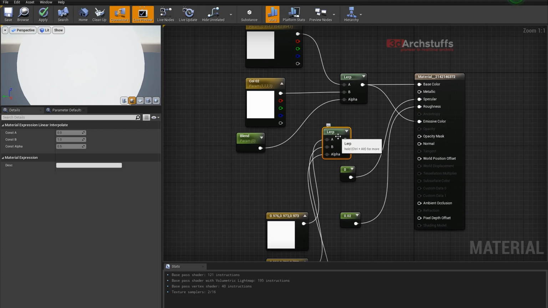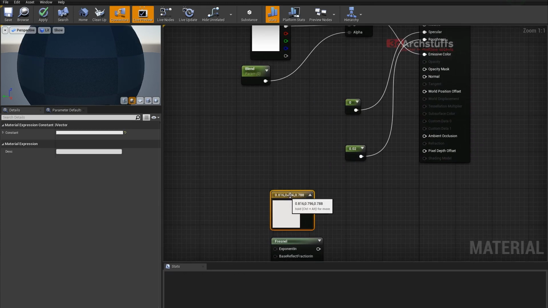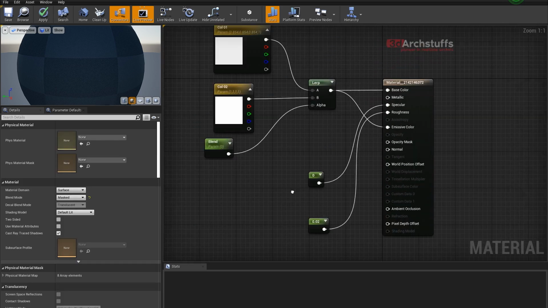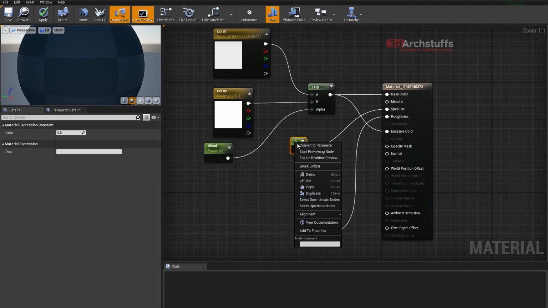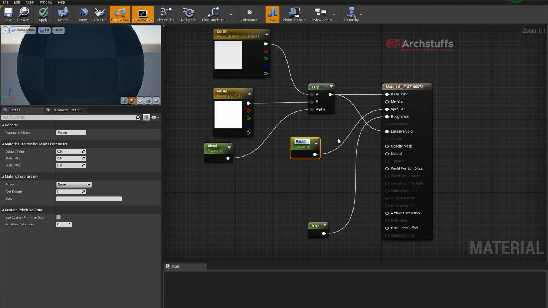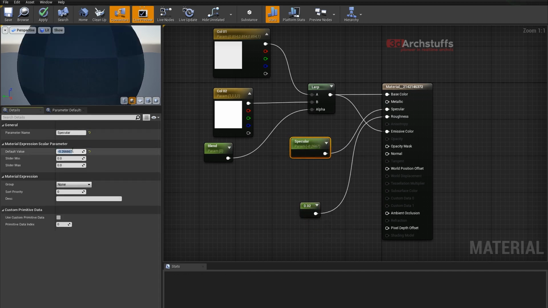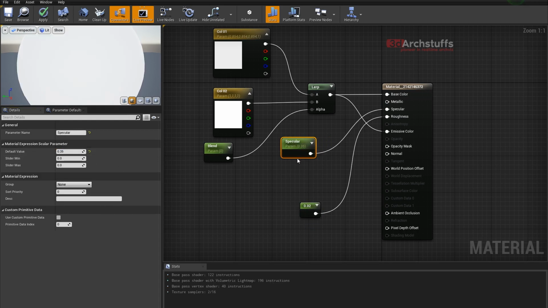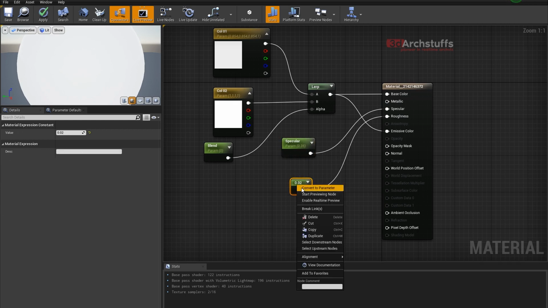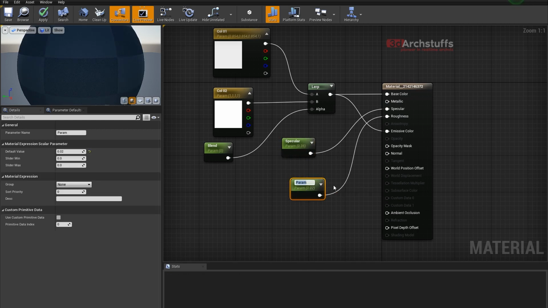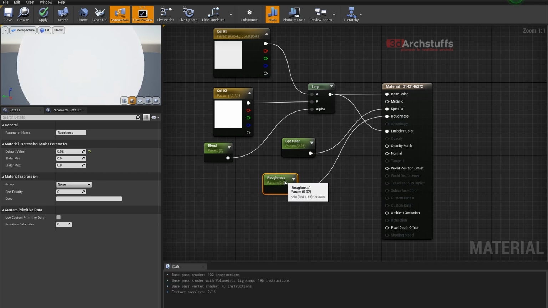And now just delete this also, and then delete this, and then this, and then this. Now we can right click it and convert to specular now, and make its value 0.35 as of now. We can change it later, and then this roughness, make it a parameter, and name it roughness here,